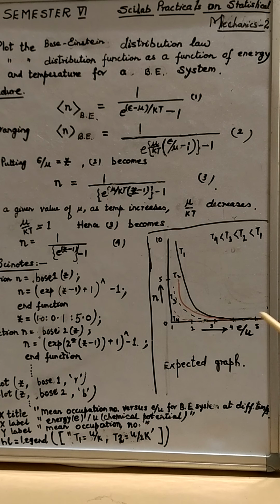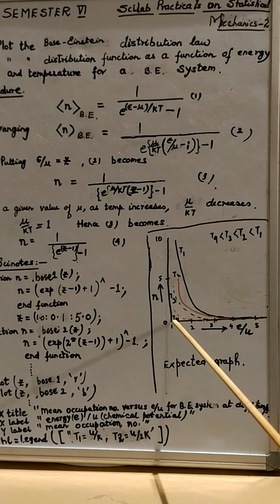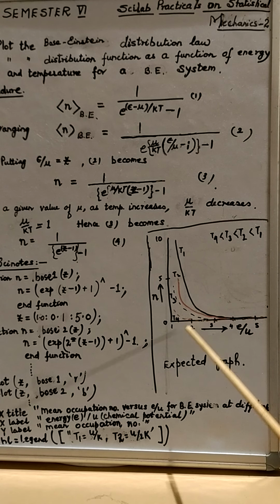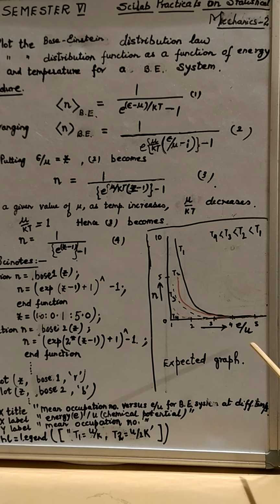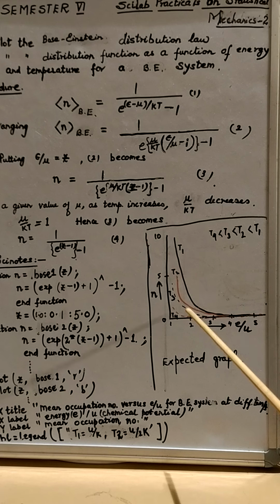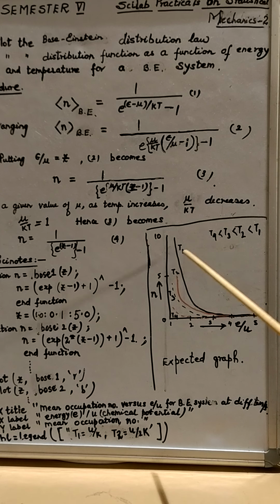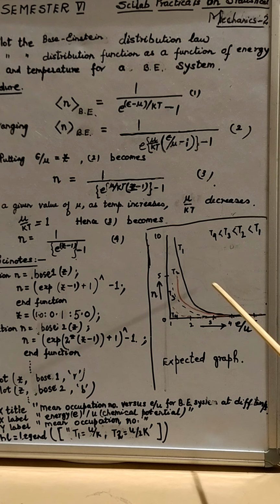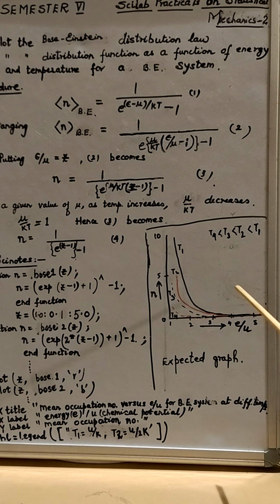Another thing, because of the property of the bosons, as we move on the positive side of the x-axis, that means as E goes on increasing, assuming that mu is constant, the value of the occupation number becomes smaller and smaller. Now, because these particles, the bosons, do not obey Pauli's exclusion principle, they can very happily stay in the same quantum state also. So they have a tendency to bunch together in a particular quantum state, and if energy is large, the value of the occupation number goes on falling.